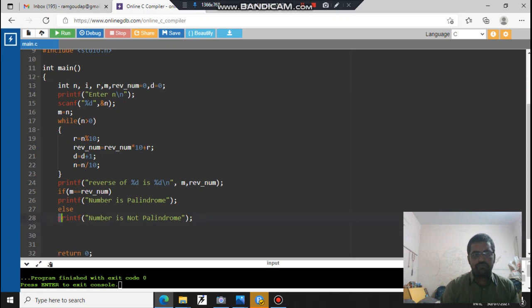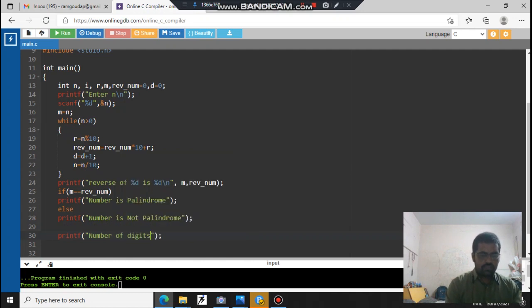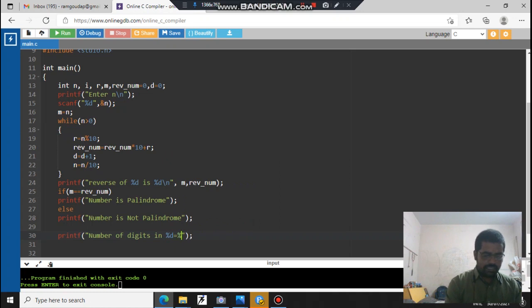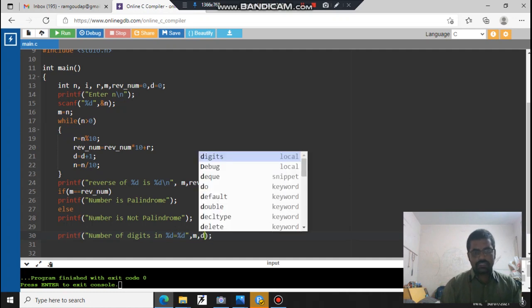Now printf number of digits in %d, that is n, is equal to again %d. So m is the number and the digits we have calculated is d.